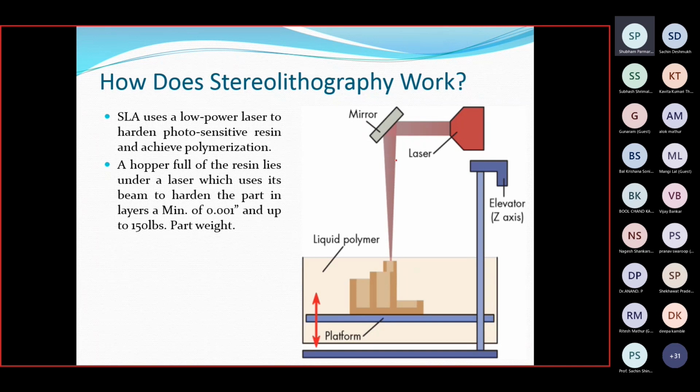How they move is controlled by the drawing which we provide in STL files. Okay, so the drawing is in the STL format, right? STL format, good, exactly.